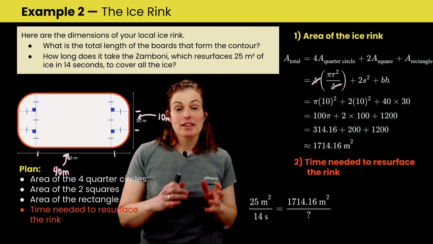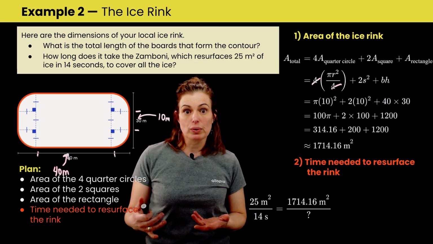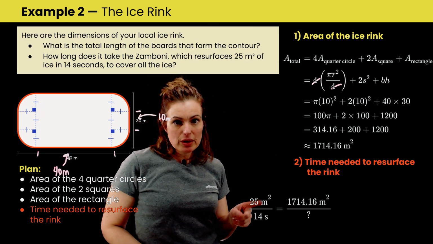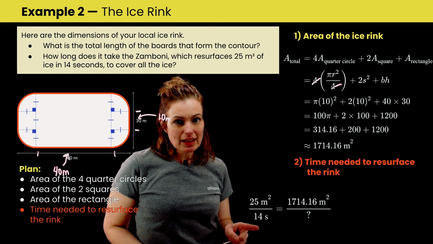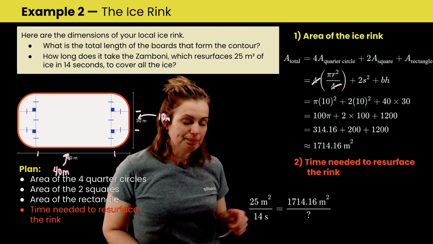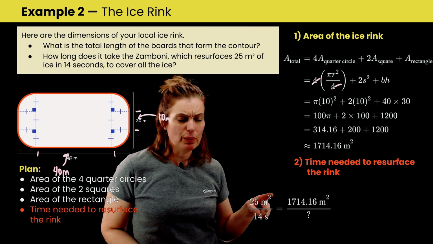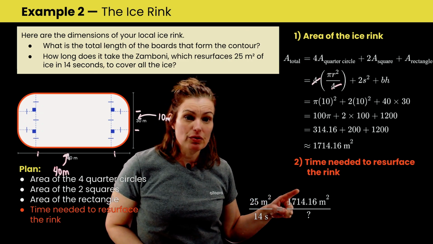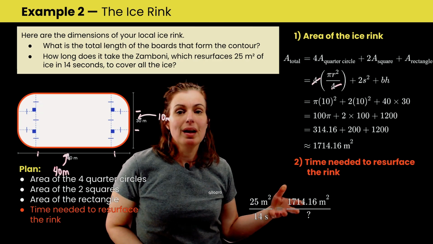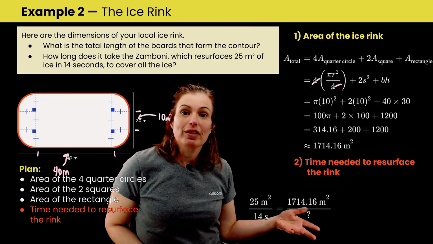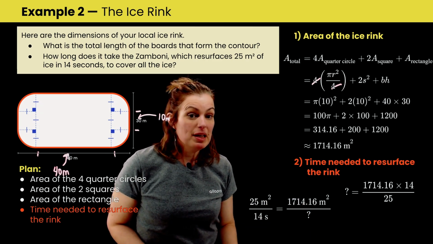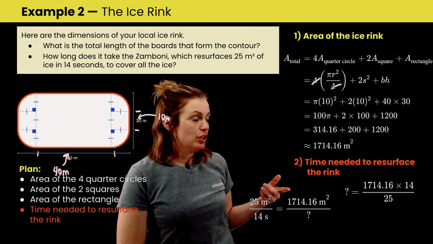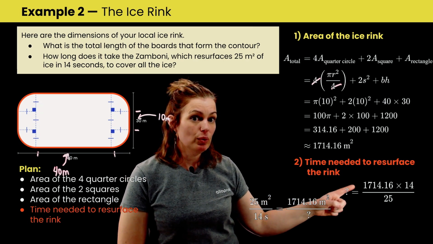Now we need to look at the time that it's going to take to resurface this rink. So we already know that our Zamboni can cover 25 meters squared in 14 seconds. So we're going to set up a little proportion to allow us to figure out what that is equivalent to if we've got 1,714.16 meters squared. How long is it going to take to cover that surface? If I manipulate my equation to isolate my unknown time here, I'm just going to use cross product, and that will give me